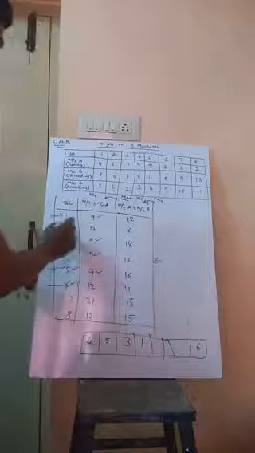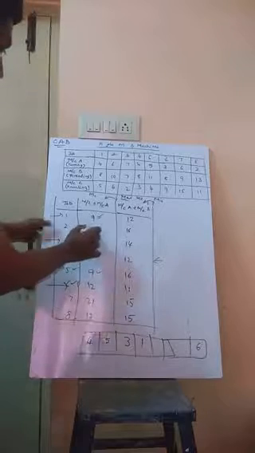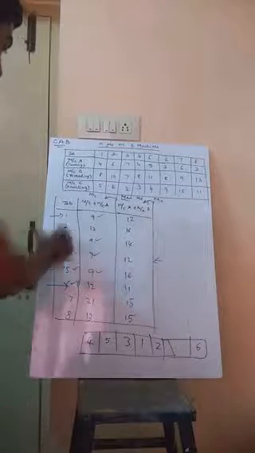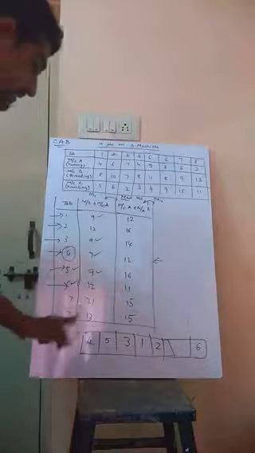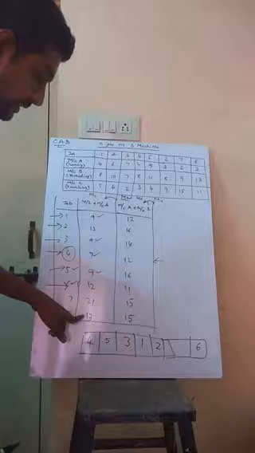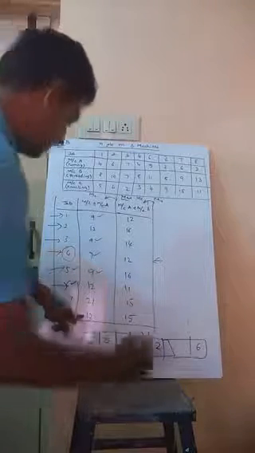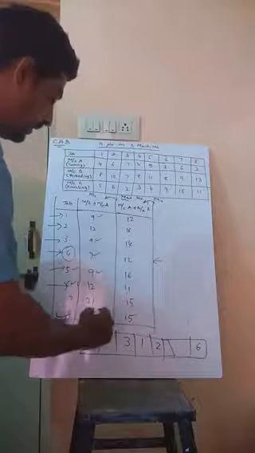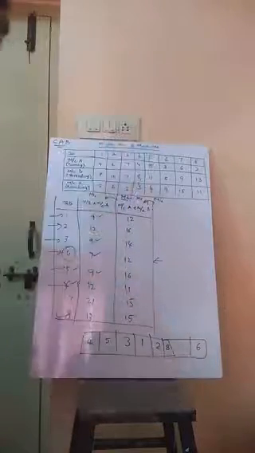Then we are left with 2, 7, 8. Among these, the lesser one is 12, which is on the left side, and job 2 must be placed at the left side of the remaining block. Next, this will be gone, and we are left with 7 and 8, with values 21, 15, 13, 15. This 13 is the lesser value compared to the other three values, so job 8 must be considered, and since it is on the left side, it is placed here.